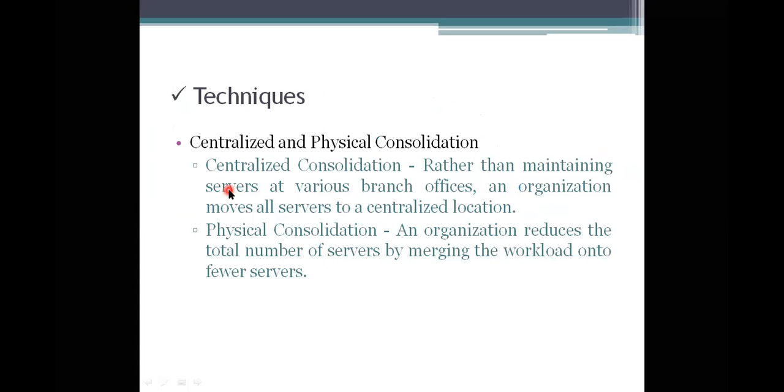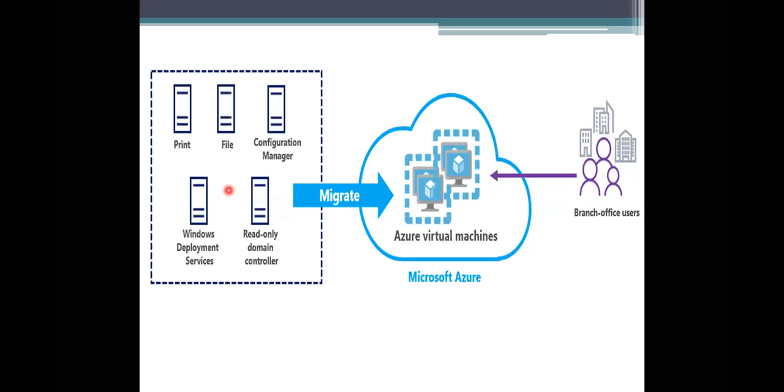When you are dealing with the centralized server one, we are not maintaining all these things separately. These are not present; they have been migrated into this environment. So if you want to access any of the services, the branch officer has to connect to this cloud environment. They have to get the data of these servers that you have in this environment.